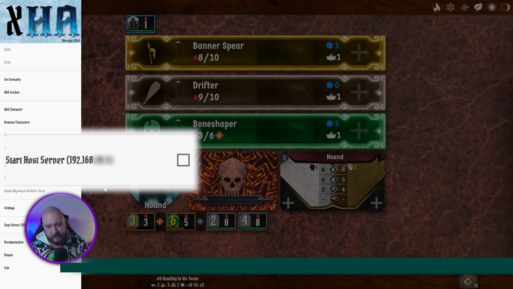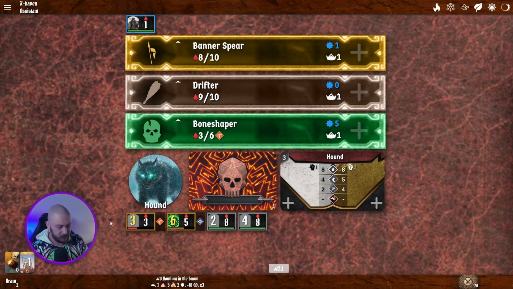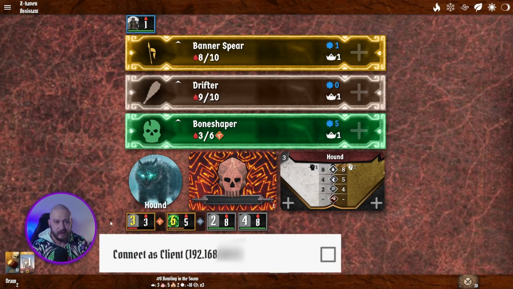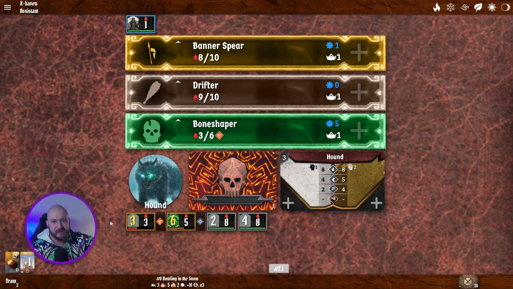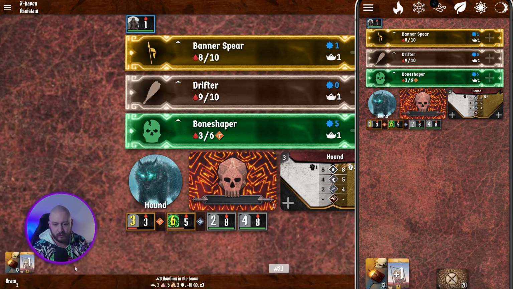So we're going to click start server. All right, so I'm going to switch over to Xhaven on the phone and try and connect to that. On the menu on the left-hand side, I'm going to connect to that IP that we just saw. You should be able to find that in your settings. This is just a quicker way of dealing with it. But we're going to connect to the client, and oh look, it automatically updates everything to what we're seeing currently